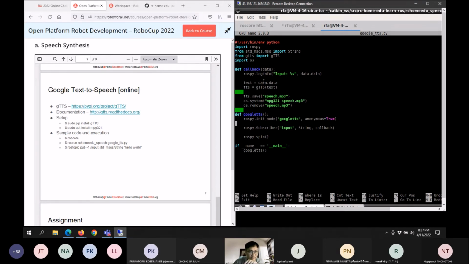And then it actually puts it into this gTTS. So this is the Google function. So you put your input, which is a text, over here. It needs to be a string, so data. So it puts it into this gTTS, and it is saved as an MP3 file. Yeah, so which means you send the text to Google,